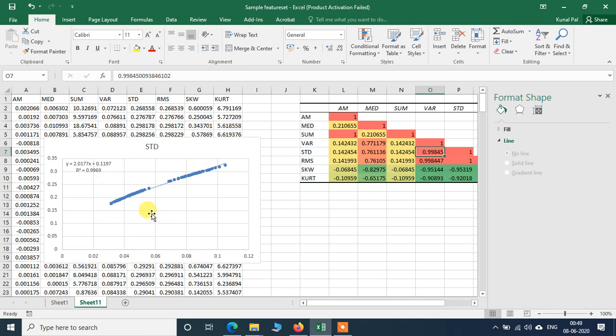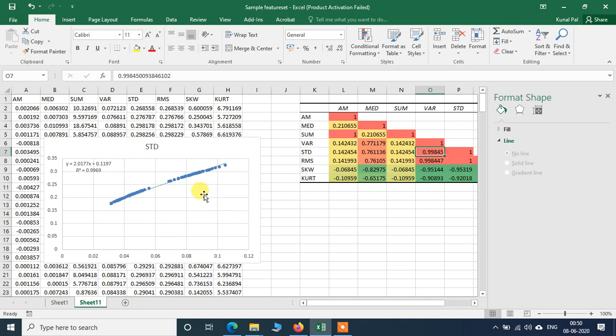So this R square value is the correlation between the xy values of the plot, that means the coordinates of the variance and standard deviation, and the xy values we get from this model. So these can be totally different.